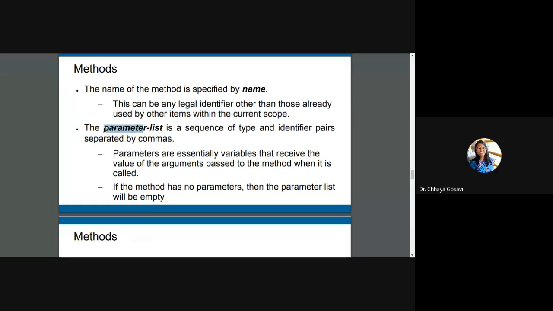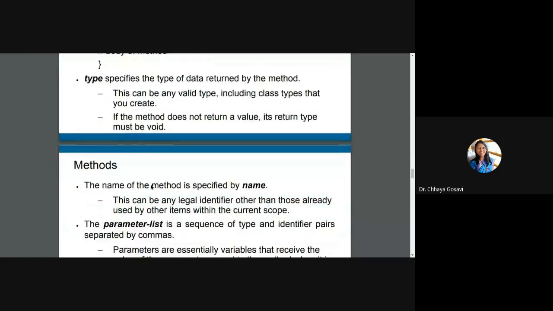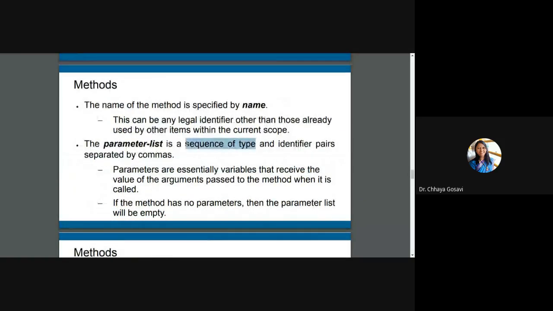Then parameter list, the parameters that you are passing to this method. This is again a sequence of type and identifier pairs. For example, int x comma int y, or integer length comma integer breadth, like this. So type and identifier pairs separated by commas. Parameters are essentially variables that receive values of the arguments passed to the method when it is called.